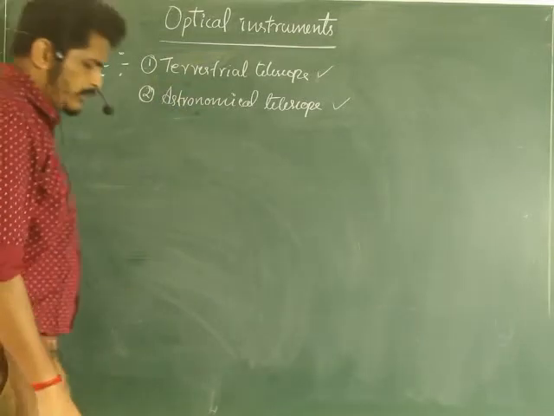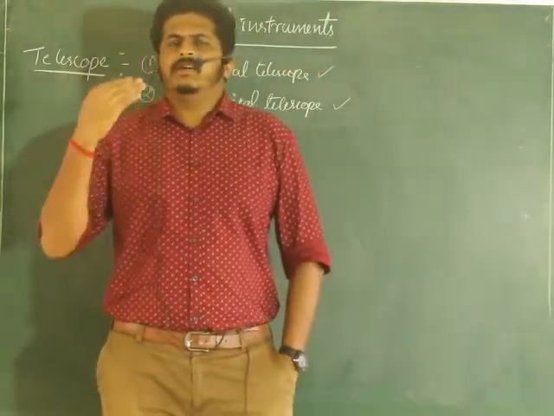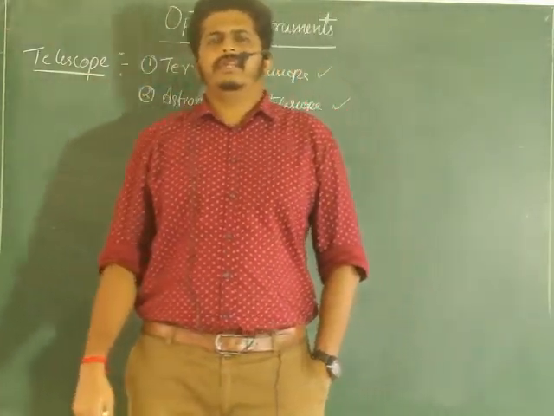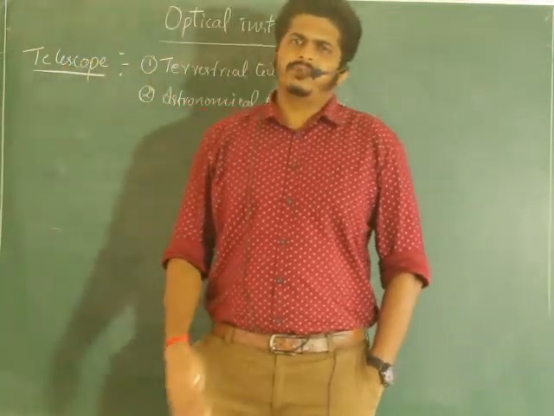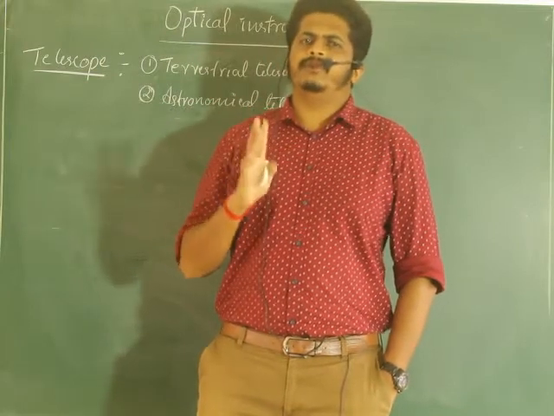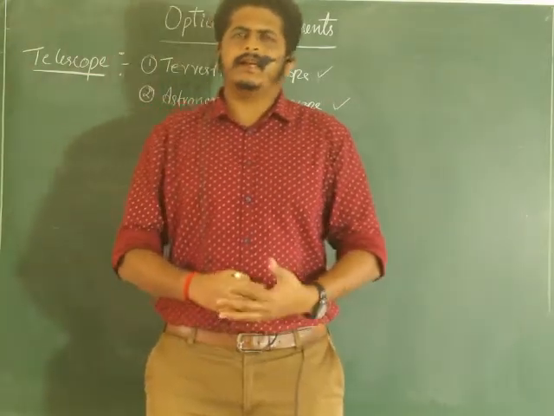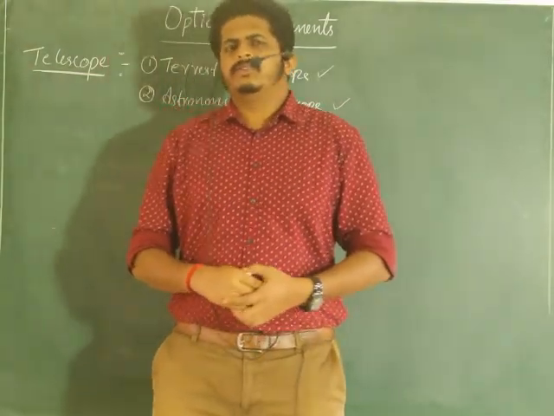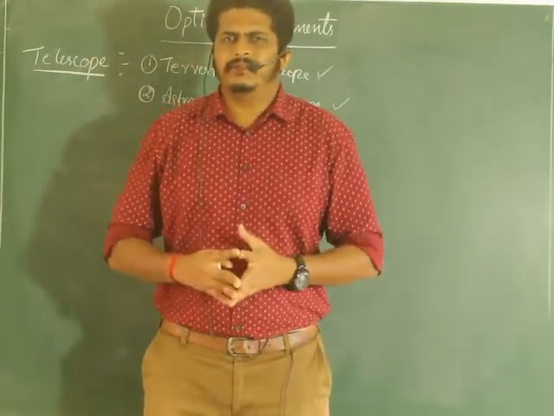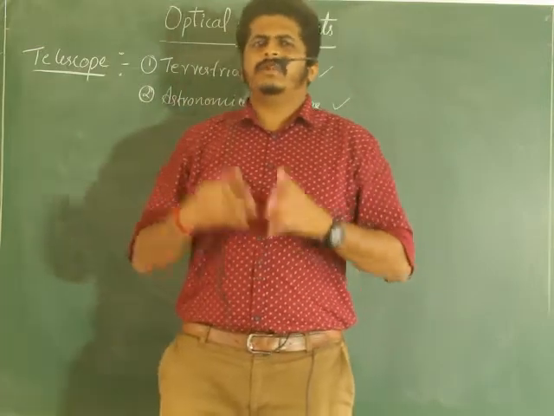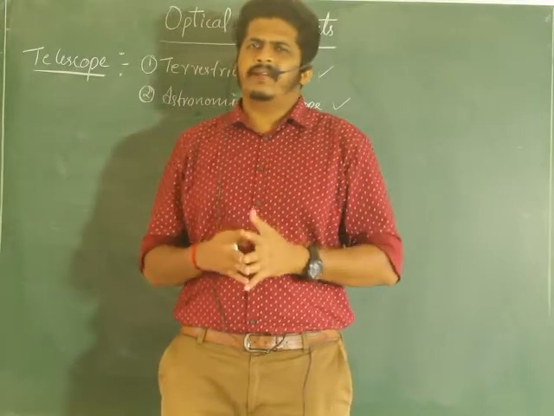So now, it's already been asked in previous examinations, that is, draw the ray diagram of a telescope or astronomical telescope. So now what we are going to do is the ray diagram of the telescope. In the compound microscope, the ray diagram, I think it is clear for you. Suppose you compare different books, small variations will be there in ray diagrams. So you can follow what I discuss here, or if you go for NCERT, some small variations might be there. But